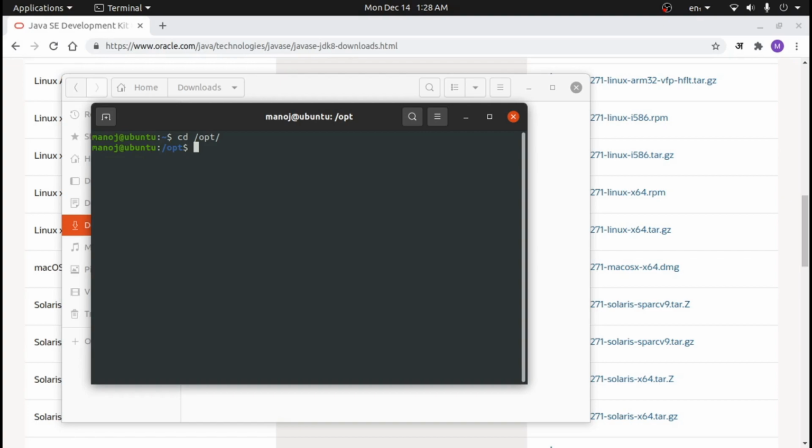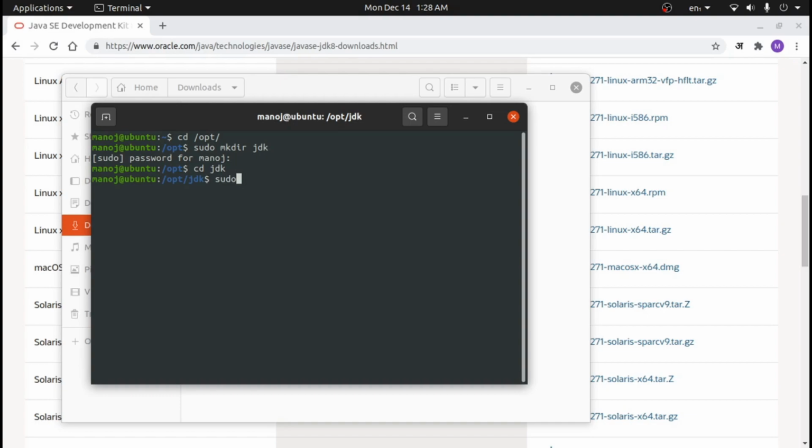We create a directory using sudo. We need sudo for write permission in this directory. Sudo mkdir jdk, and let's move to this directory. Here we extract this JDK version we have just downloaded.